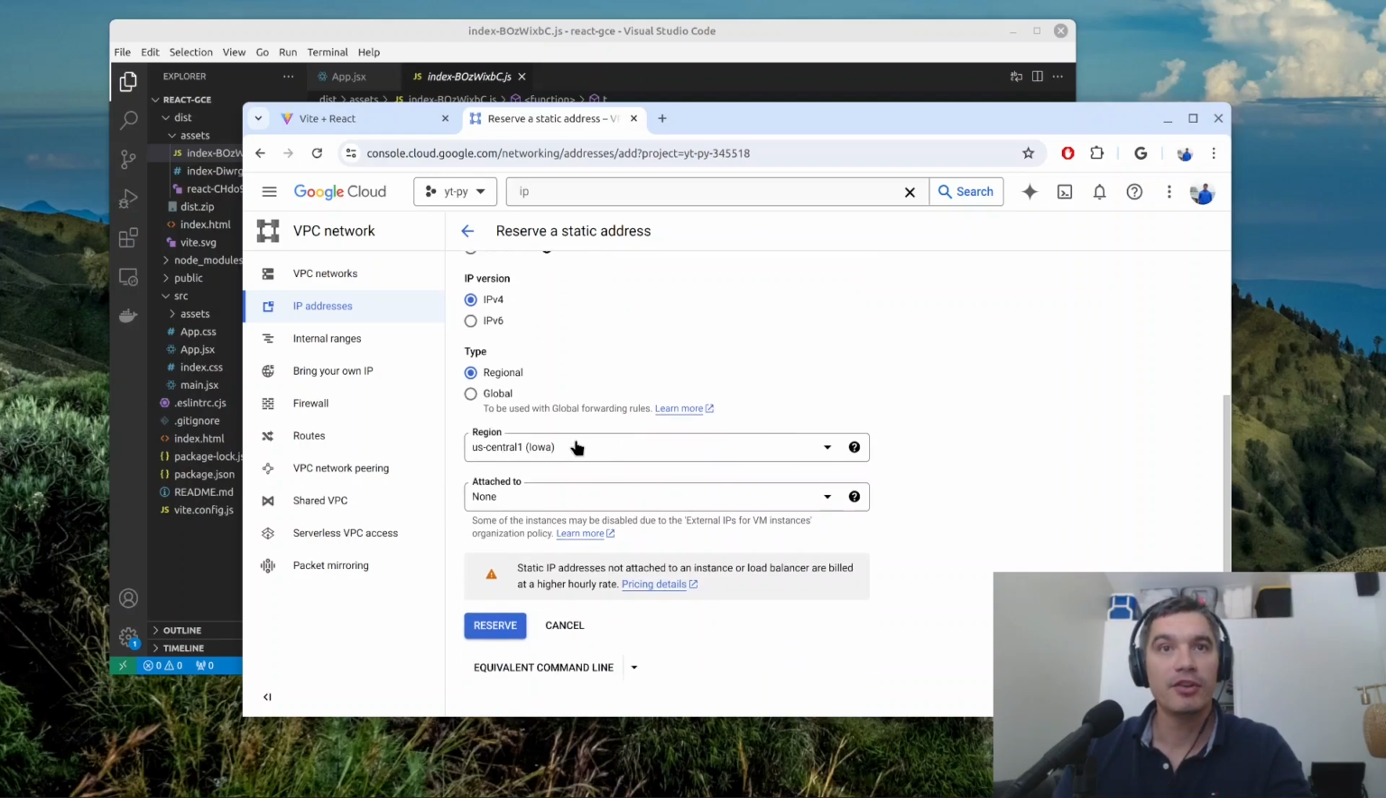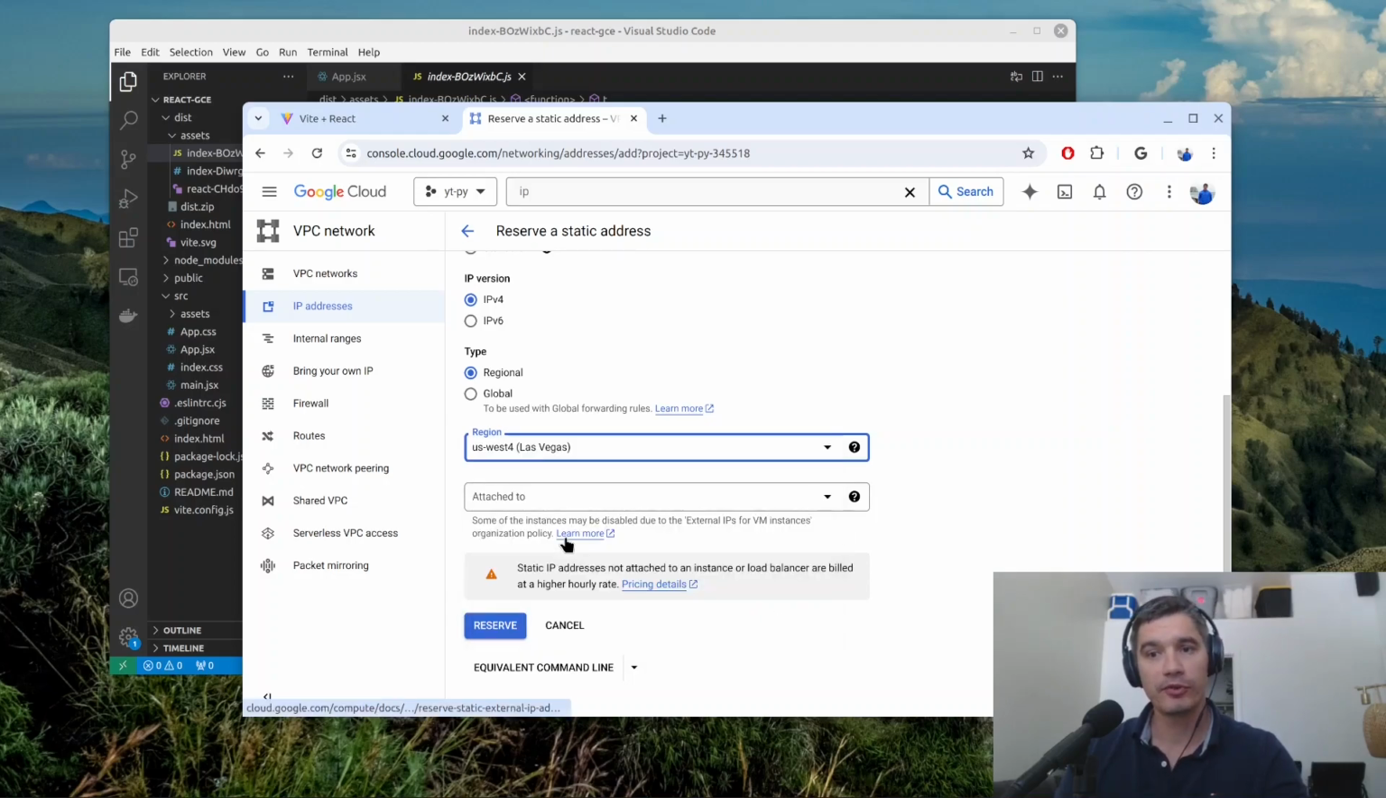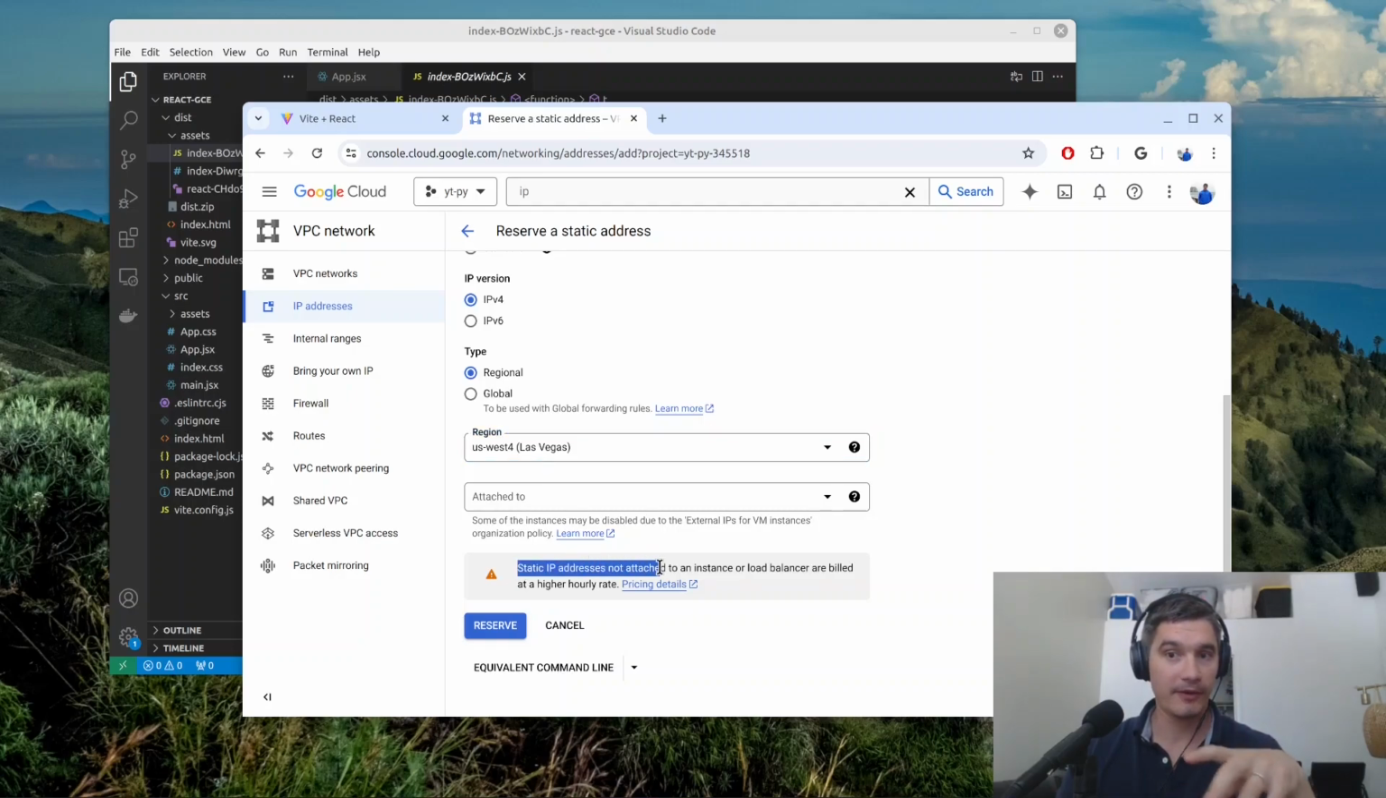Here we will select a region. In my case, I will use US West 4, which is closer to me geographically, but you need to select something that is appropriate for your users and for yourself. So we leave it unattached, and we will get this warning saying that it will be billed additionally if it's unattached,